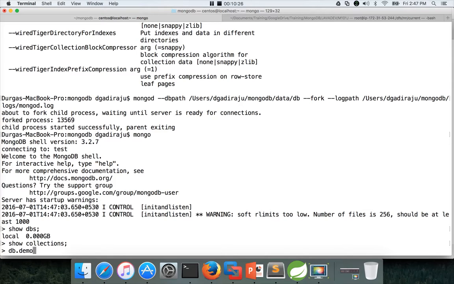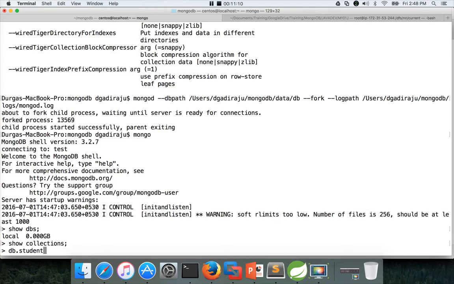And to validate, we will just create a demo collection under the local database itself. For that, we don't need to run create collection or create table. We can just say db.demo, the collection name, dot insert to add the record. If the collection is not there, then it will create the collection and then insert the data. Okay, insert, and then we have to give the column name, hello and world, or we will give a more meaningful name. Actually, we will create a